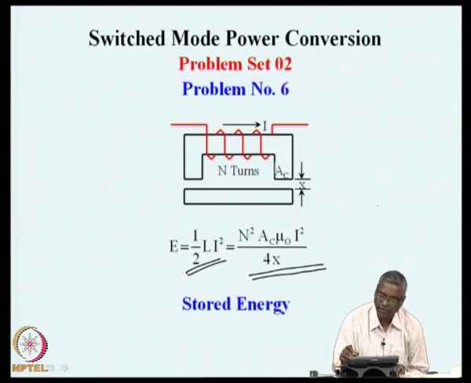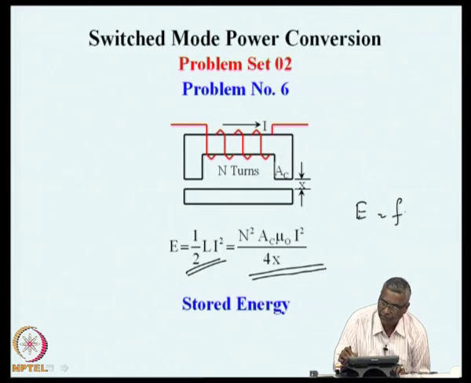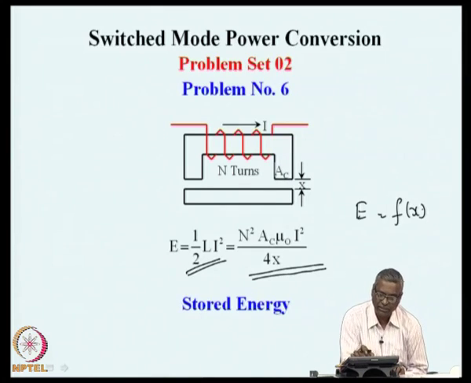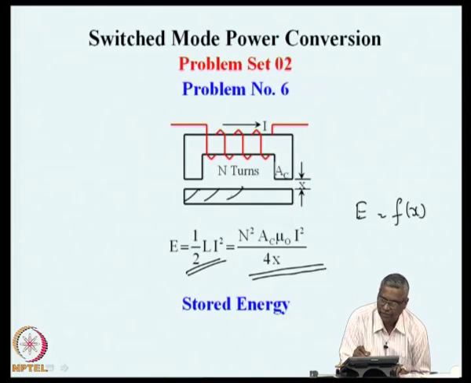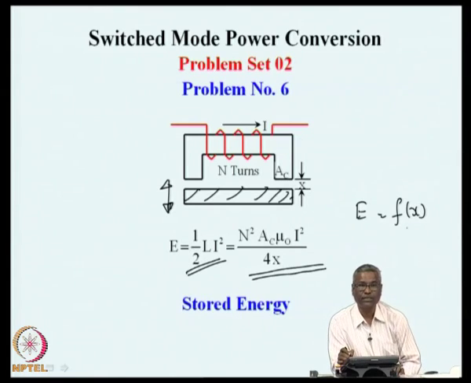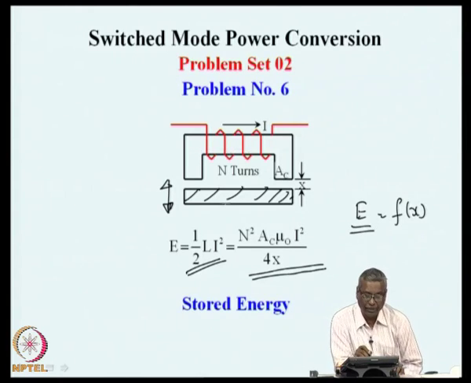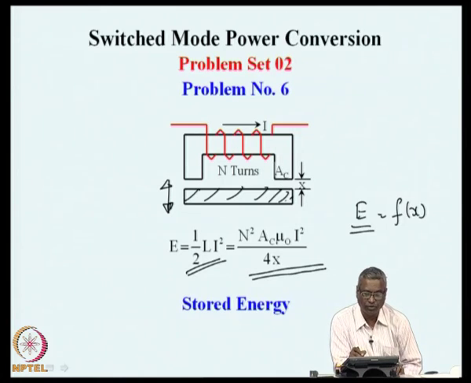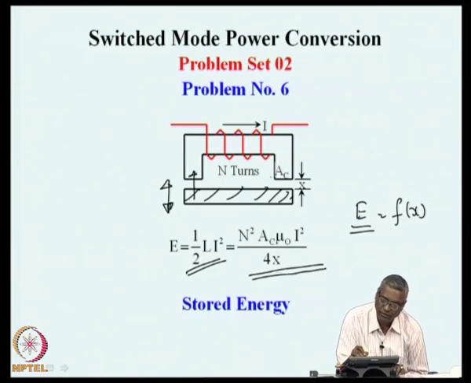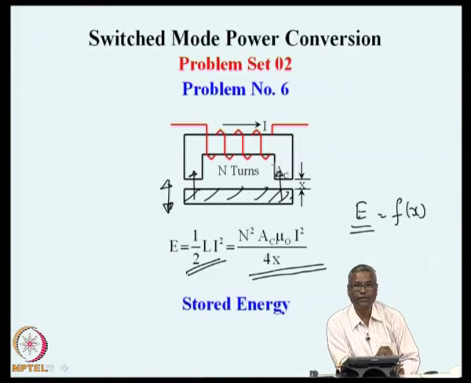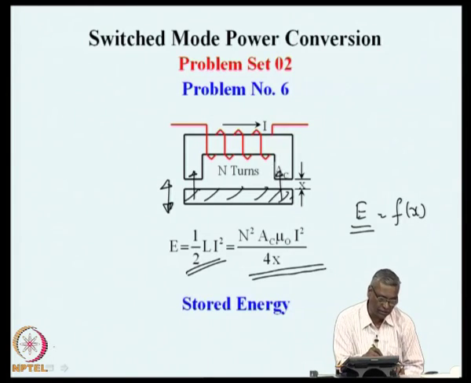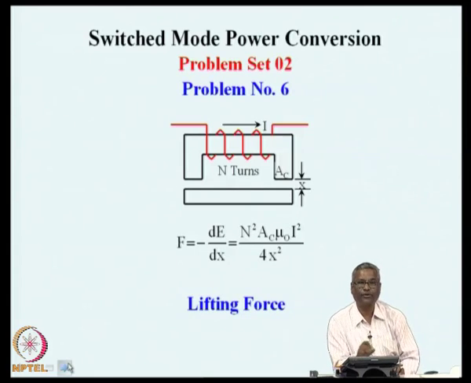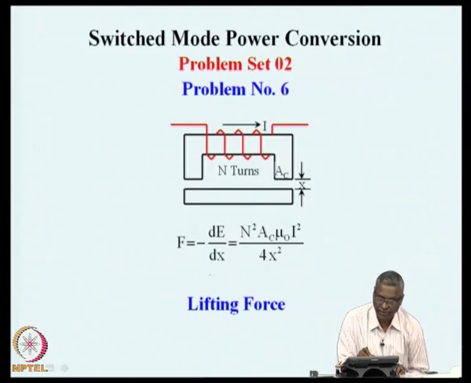Now, because stored energy is a function of x, as the load part moves up and down, x changes, and when x changes, the stored energy in the system changes. In such a situation, on account of the magnetic field between the armature and the load, there will be a force of attraction between the load and the armature, and this force of attraction is related to the stored energy. This can be expressed as